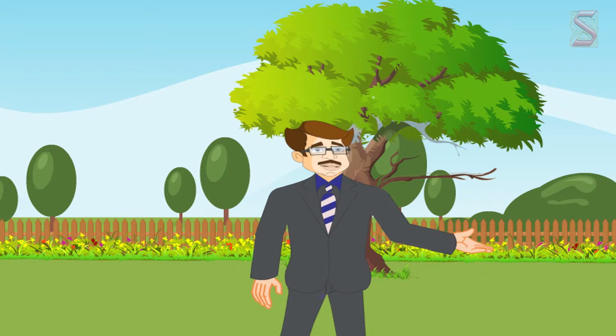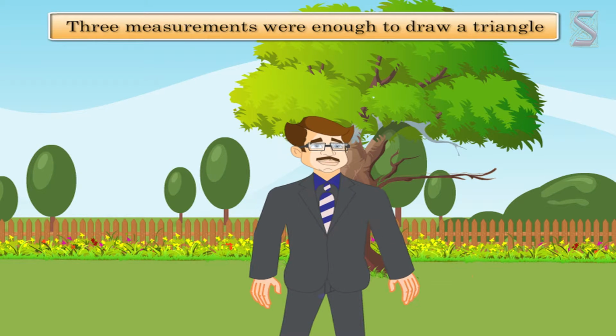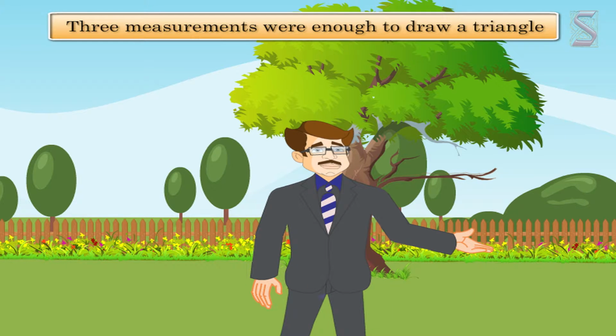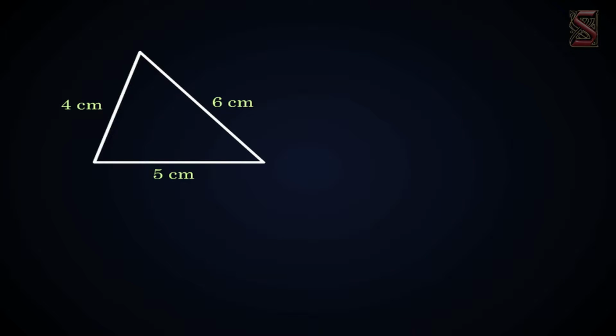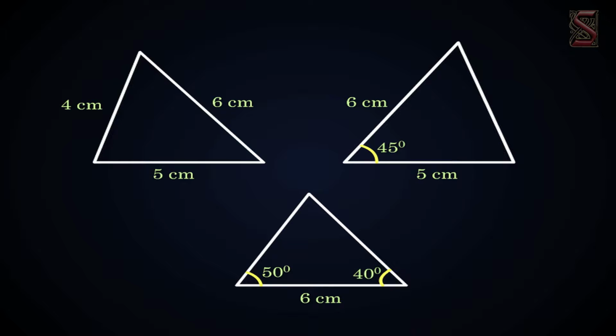In your earlier classes, you have learnt that 3 measurements were enough to draw a triangle. That is, a triangle can be drawn when all the 3 sides are given, or when 2 sides and an angle is given, or if 2 angles and 1 side is given. Now let us see if we can draw a unique 4-sided figure, that is, a quadrilateral, with the help of 4